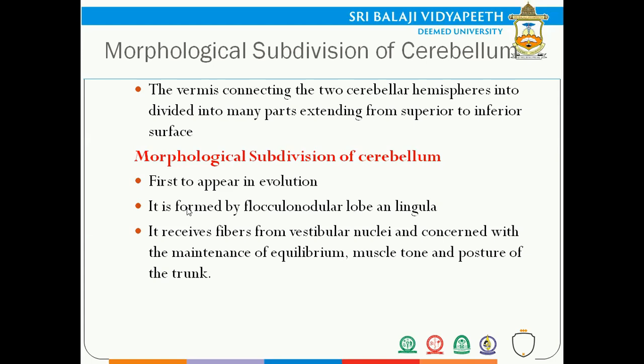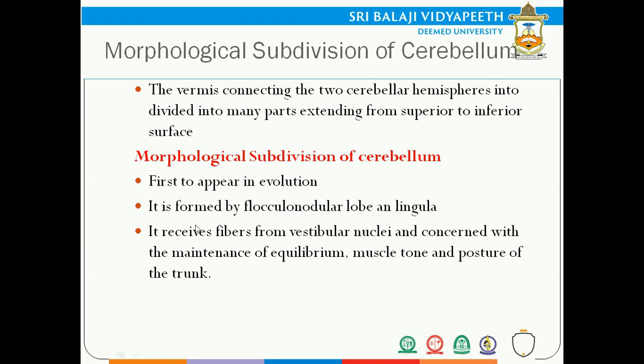So in lower animals, there are not many skilled activities, and there is very little motor coordination, no skillful motor coordination in lower animals. But for human beings, motor coordination is very important for skillful activities like writing, carving, sculpturing. These are some minute activities performed by human beings. So that developed in the new cerebellum.